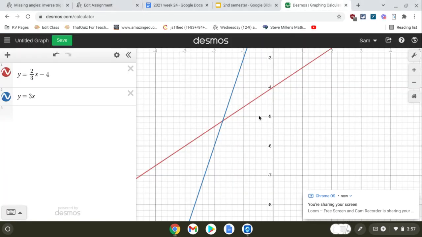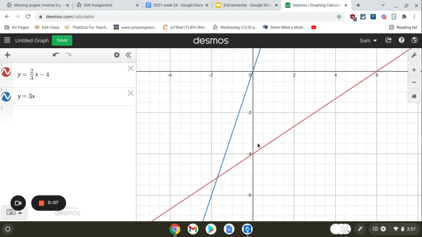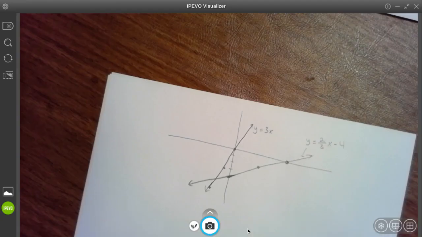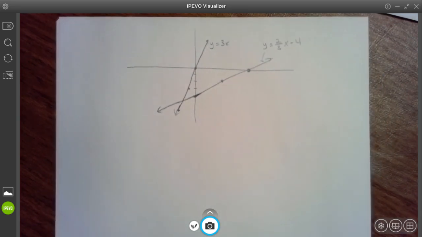Okay, so the question this time, it's given two lines. We want to know what's the angle between the two lines. Specifically, I want to know what's the acute angle between those two lines. All right. So you could spend some time trying to do this analytically by just applying those same rules